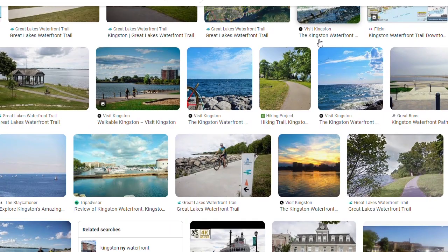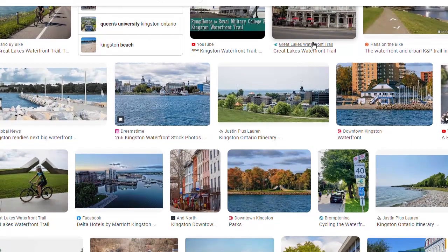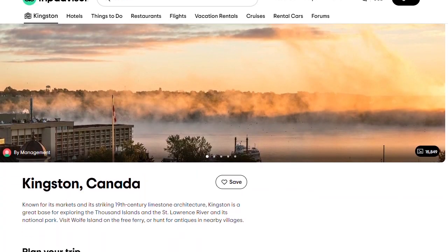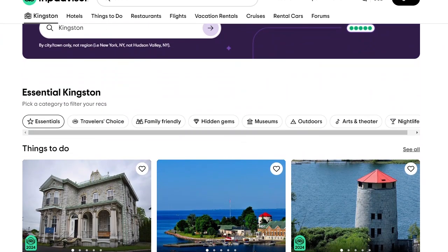Whether it's immersing yourself in Canada's past with historic sites like Fort Henry or the Bellevue House, enjoying breathtaking lake views, boating or water sports on Lake Ontario, or simply exploring the lively downtown area, Kingston has something captivating for travelers of all ages. Known for its markets and its striking 19th century limestone architecture, Kingston is a great base